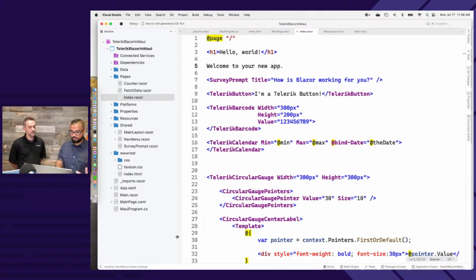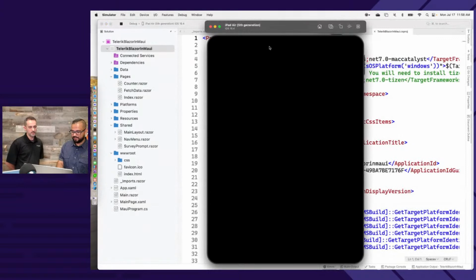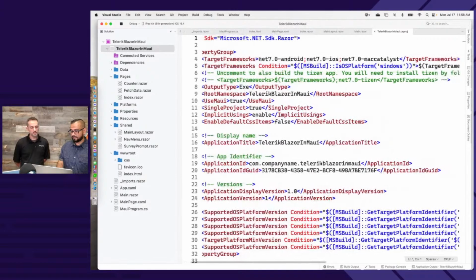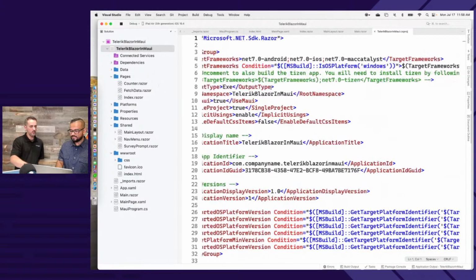And this, by the way, is a very common thing. Coming from native land to web developers, you don't have to do a build for all the things because that really slows you down. So if you look at your project file in here, my simulator is coming up, which is nice and fast. This is a list of all the target frameworks in which your app is being built. When you are doing your inner dev loop, when you just want to focus on one platform, you don't need to do a build for all of them. Turn it off. Just do it for Android. Just do it for iOS or Mac or Windows. And then, hopefully you're not doing things that are very platform specific, and then just turn on more platforms as you need to. The flip side of that, what's nice is you're in one solution.